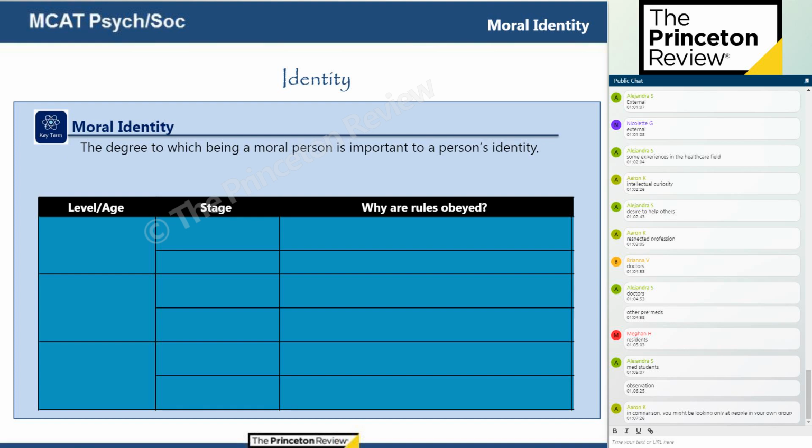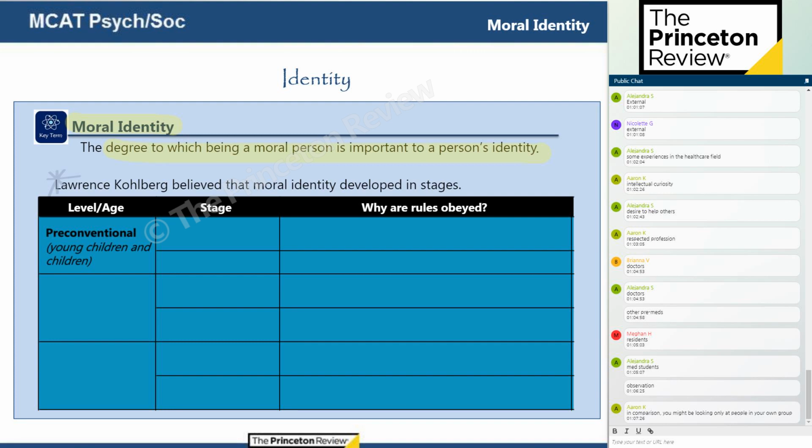All right. The issue of morals in our identity is the degree to which this is important to us in who we consider ourselves to be. And Lawrence Kohlberg did studies in this area that have, frankly, since been challenged by others, because he only studied white guys at Harvard to develop his theory. But he says there's basically three levels.